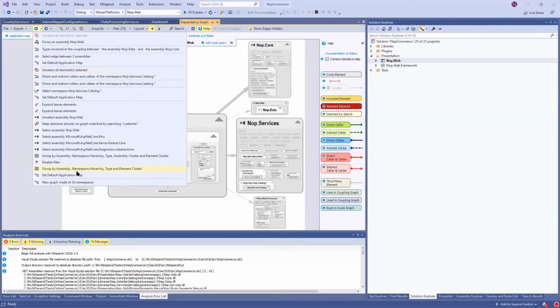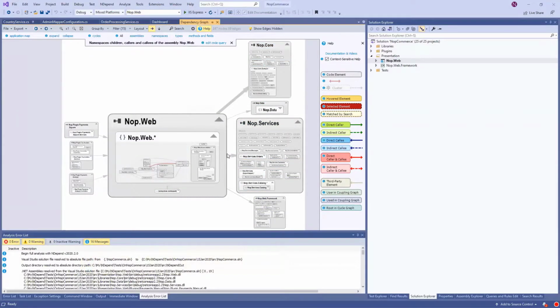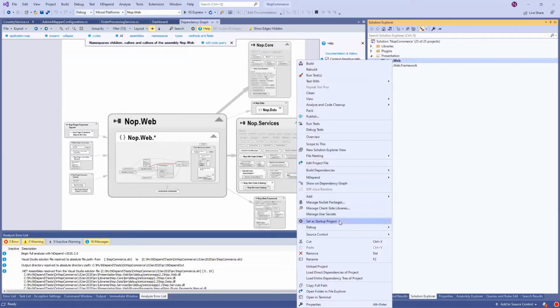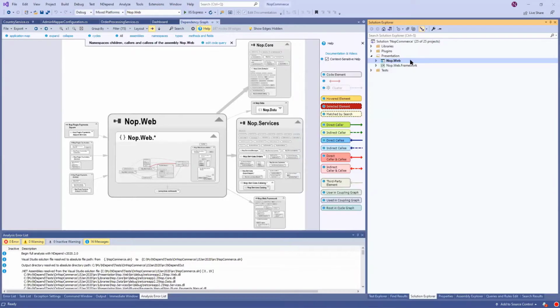And what's interesting basically is that when it's saving, here I did a lot of undo items. So it's not saving the graph as a list of nodes, but as a list of undo items. And this is very interesting because when you are loading after changing your code, the graph will be changed based on the undo items. So that's quite interesting. So here, what I did, I generated a dependency graph from NOP web.